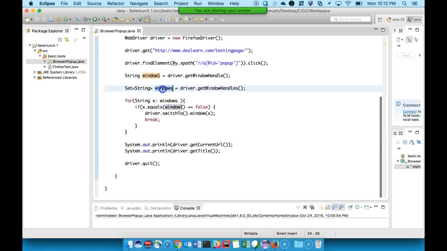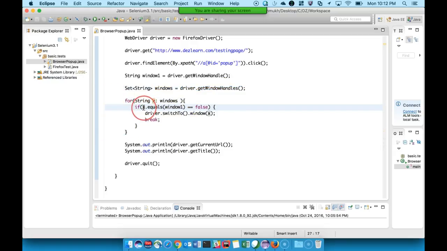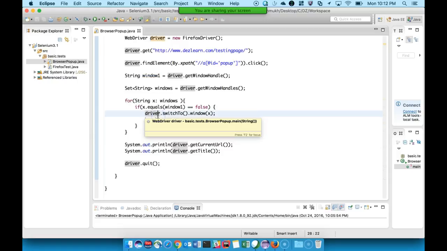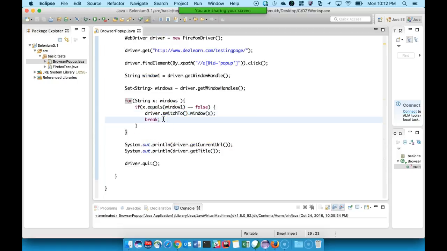Now into a new set, we are finding out the collection of all the window handles that are there. Now inside the special for loop, we are checking whether the window handle is equal to the current window or not. If it is not equal, then we are switching to that, because in this case there will be just two window handles. If the current window handle is not equal to the previous one, then surely it is the window handle of the second window and we can switch to it.